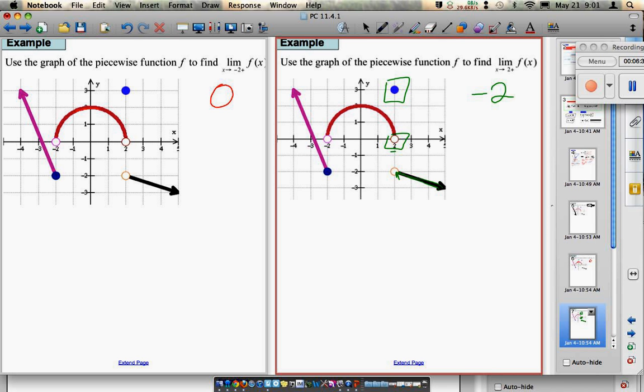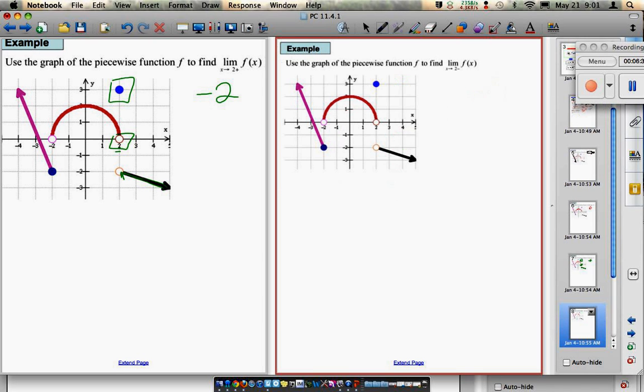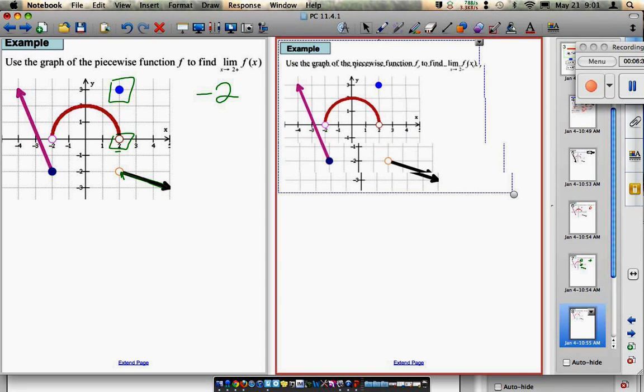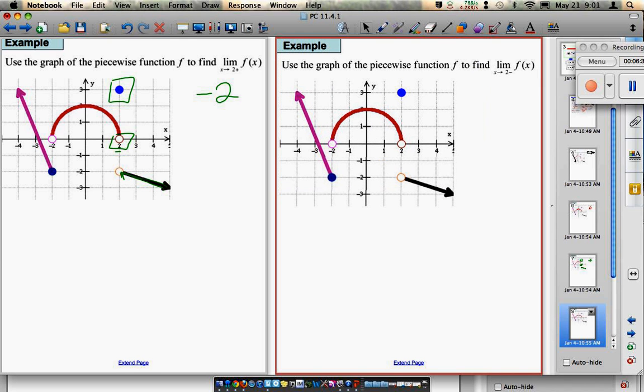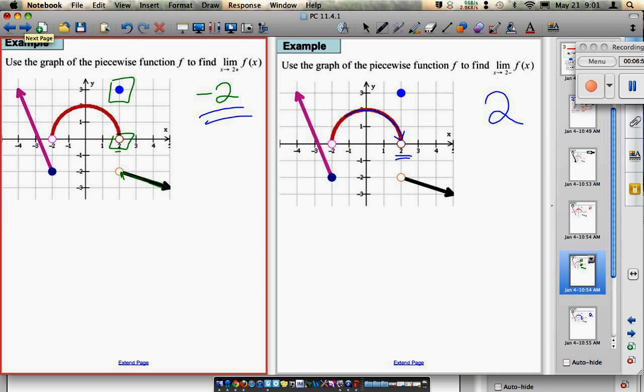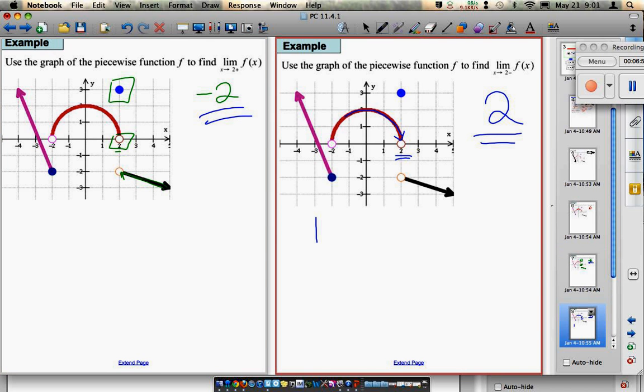Now I look at the negative side with the next question. It's asking me what happens as x approaches 2 from the left? And now I'm on this red curve, and it looks like I'm going to land at 2. So my answer here is 2. So once again, because these two values conflict, the actual limit as x approaches 2 for the function in this graph does not exist,